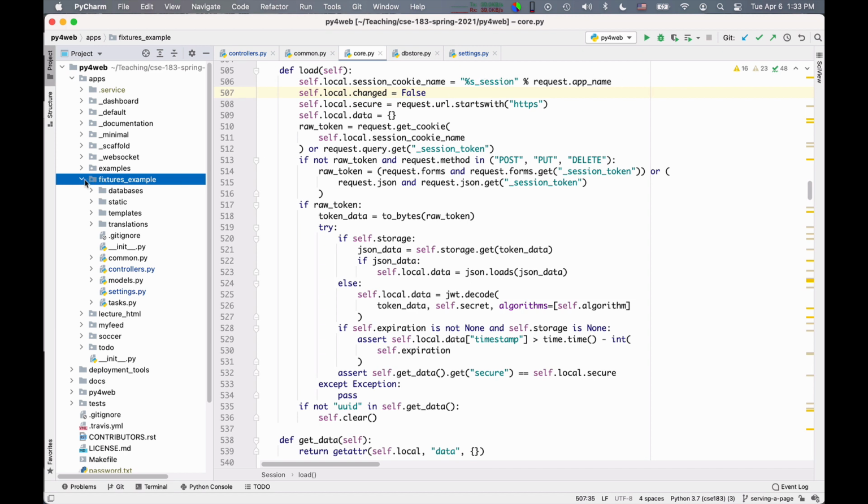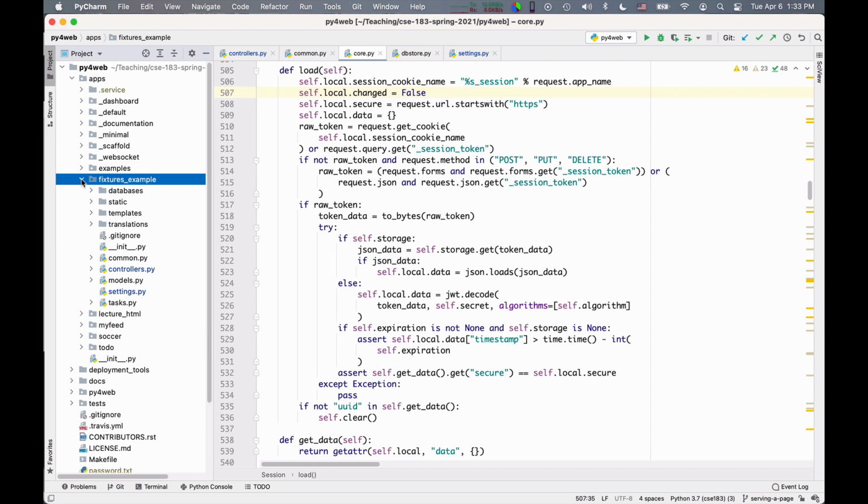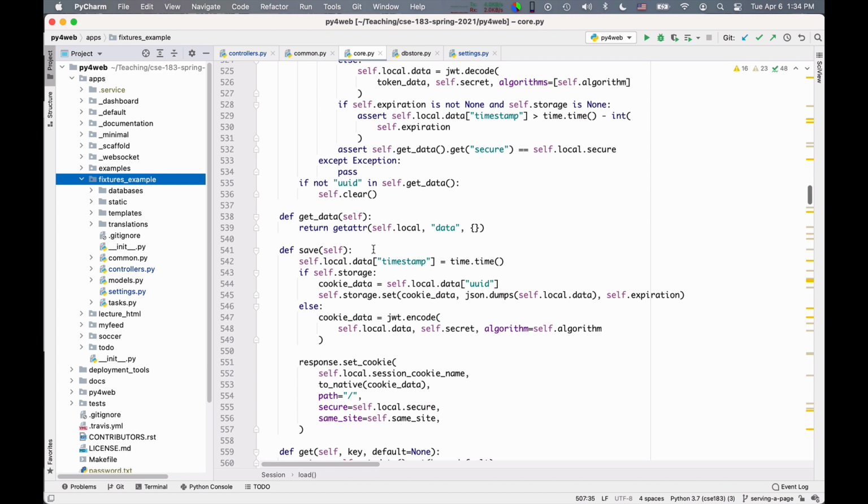So if you serve multiple apps from the same Py4web server, like there is fixture examples, lecture HTML, my feed, soccer, to do, every one of these apps will have their own cookie, and you can be individually logged into any one of these apps. Okay, this is very clever and nice, because it enables you to use a single Py4web engine to serve multiple applications.